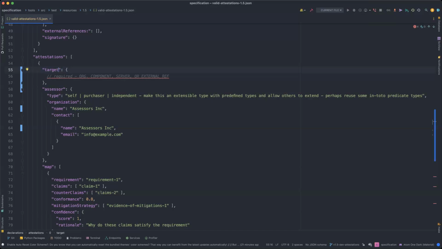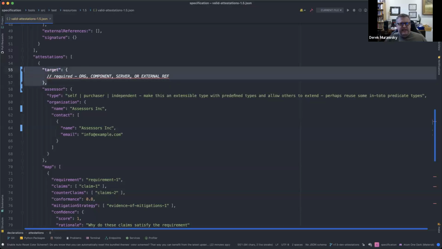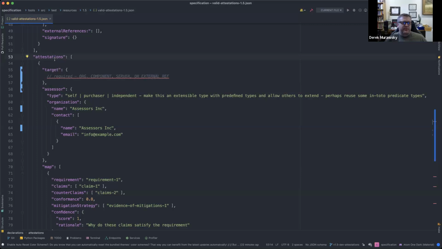Why is it under the attestation instead of somewhere external to this? That's what I'm struggling with. My thought was that if it's in the attestations array, we could support multiple targets in one document fairly easily, because the attestations array is a collection of individual attestations.